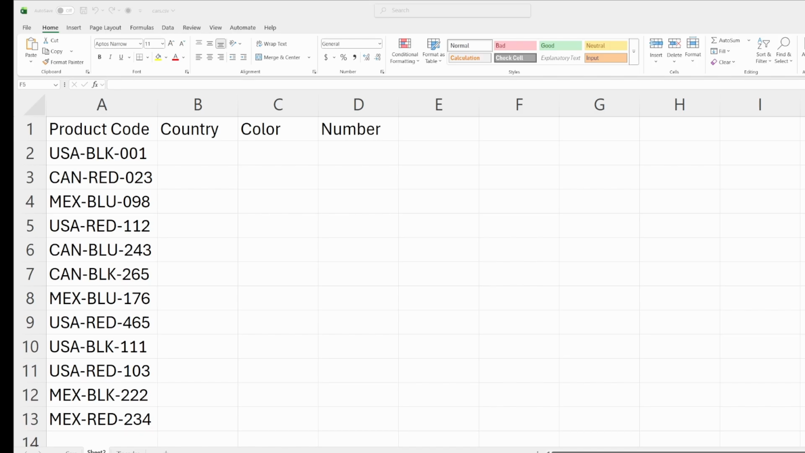I'm going to show you how to use the left, right, and mid functions to pull apart these product codes so that you don't have to manually rewrite them. So here's our scenario. We have our product codes and we want to pick apart our country, color, and number without rewriting them. So the first thing we can do in order to extract the country is type equals left